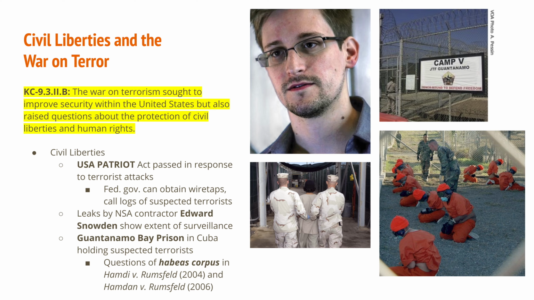The extent of the leaks and the wiretaps, and the surveillance from the USA Patriot Act became more clear to the American people after a leak by a National Security Agency contractor named Edward Snowden, who sent all of the information that he found while working at the NSA to WikiLeaks. And it showed the extent of the surveillance. It showed that the United States government was probably overstepping its boundaries, more so than it was granted by the USA Patriot Act. And we also have questions about what to do with these suspected terrorists or alleged terrorists once